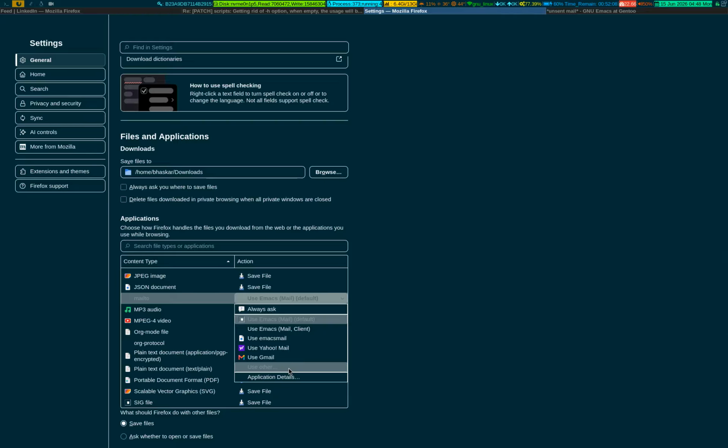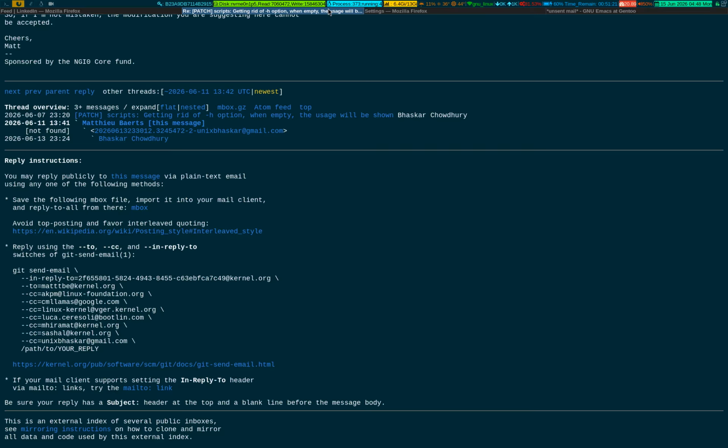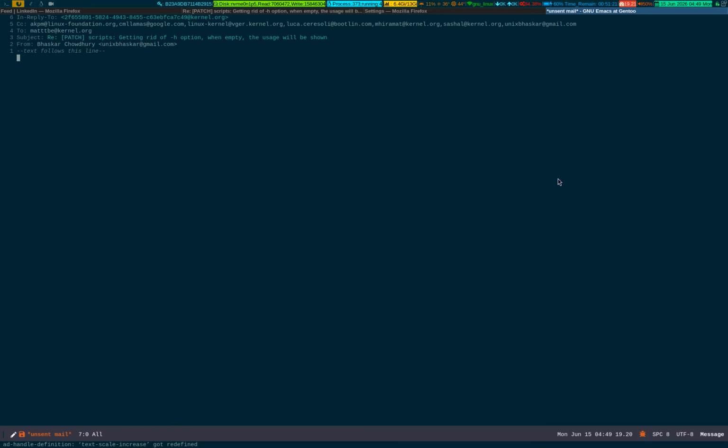Okay, so it is very convenient to use your own program from the browser if you are comfortable with it. Okay, so this is how I set up my mail client when I click on a mailto link on a web browser via Emacs GUI version like this. Every time I click on the mailto link, this is the third time I'm showing a mailto link, there is an Emacs GUI pop-up with auto-filled